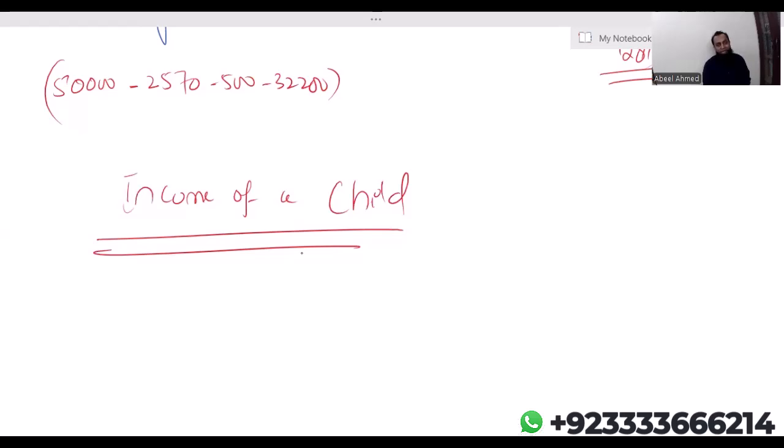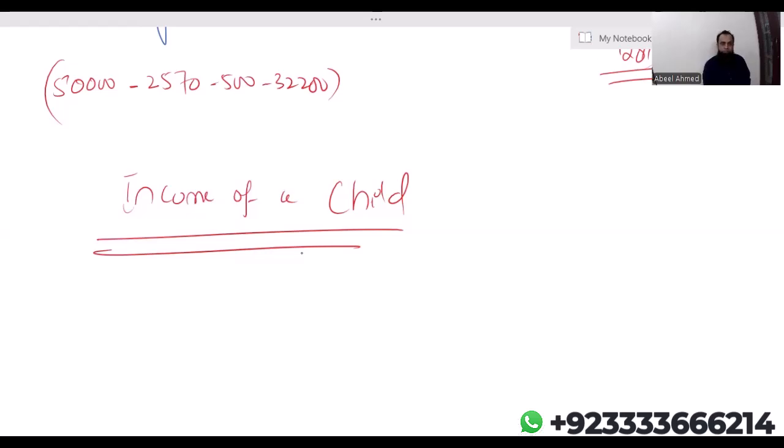In the case of a child's income, let's say the child is very smart at the age of 10, generating maybe 20,000-30,000 pounds by making games, whatever it is. The main concept is, if the child is earning more than 12,570, then the additional amount over and above 12,570 is taxable. Only that additional amount is taxable.